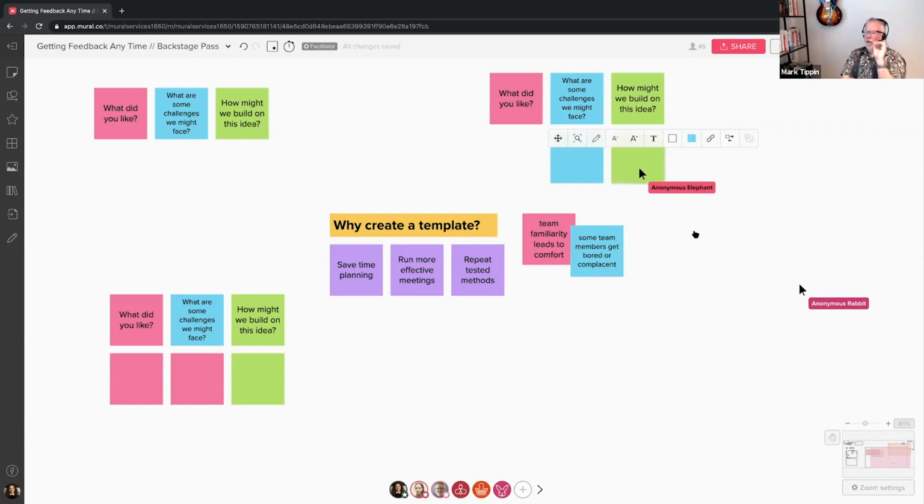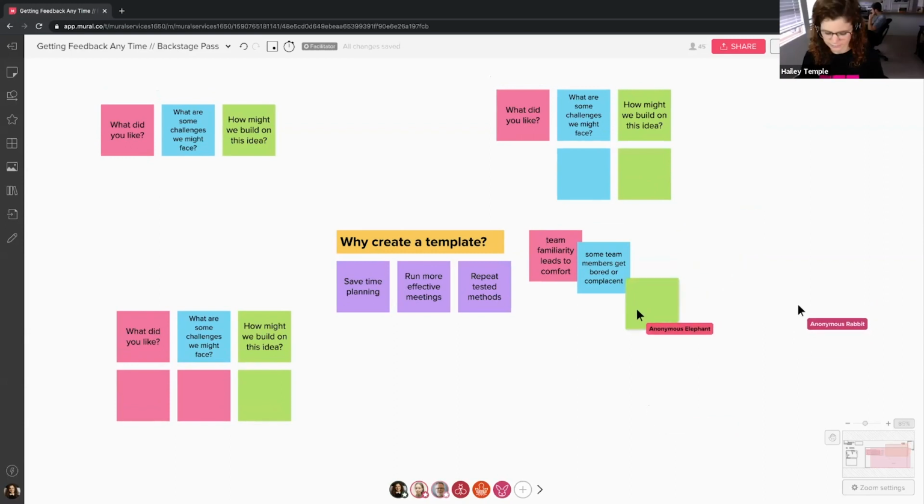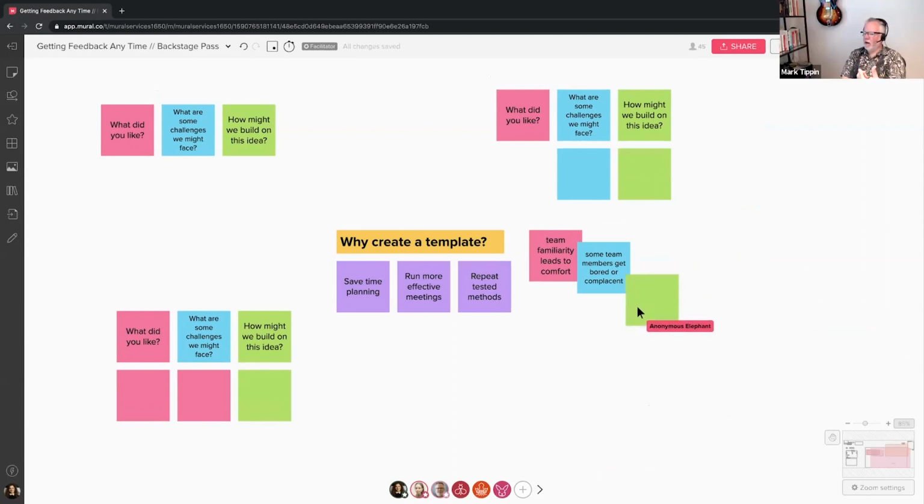Okay, so let's start with why create a template. What are some of the things that we like about the items that we have here? Is there something in particular about the rationale that we like? And I would have people verbalize and then capture in notes and then share and move it if it stacks up related to, say,